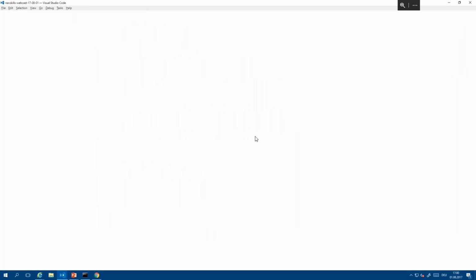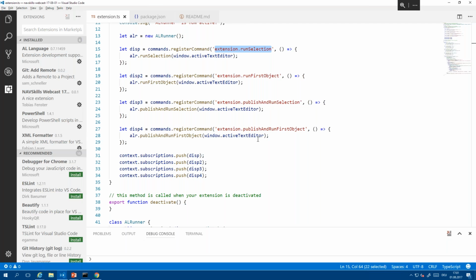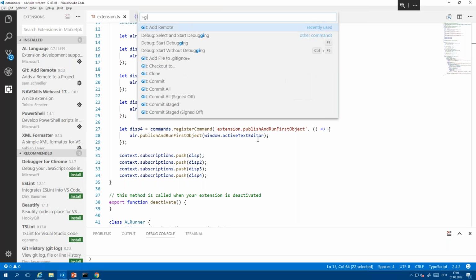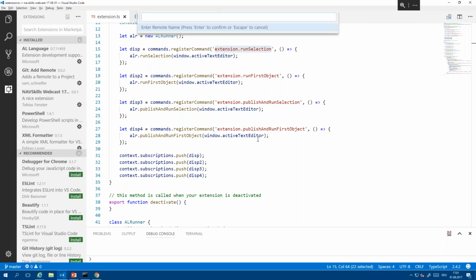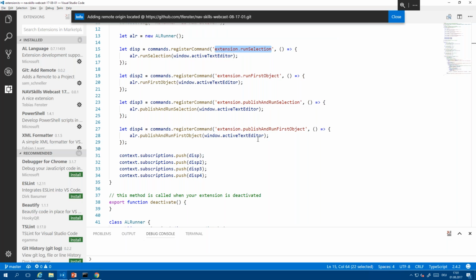And again, this downloaded the extension and now allows me to have git add remote. I name it origin, which is kind of the default for a remote. And I enter the URL that I want to push this to. So now it just knows that there is a remote origin at that place.